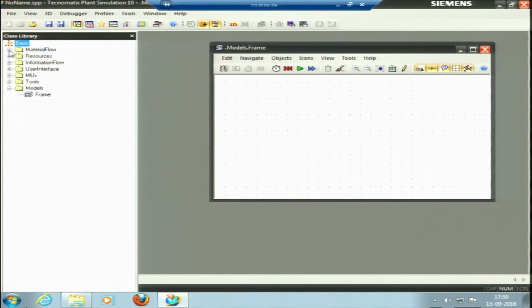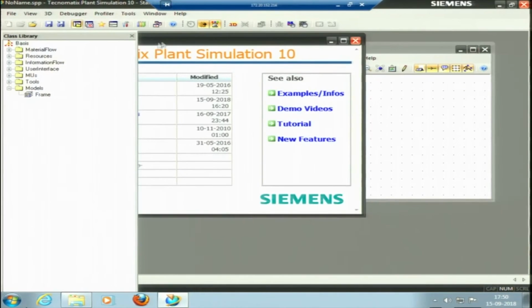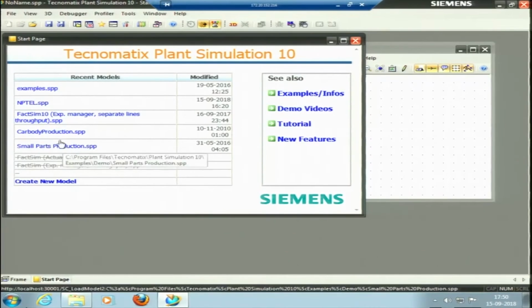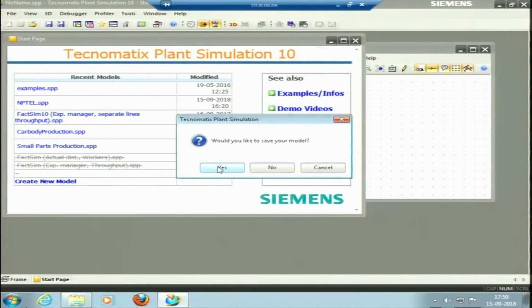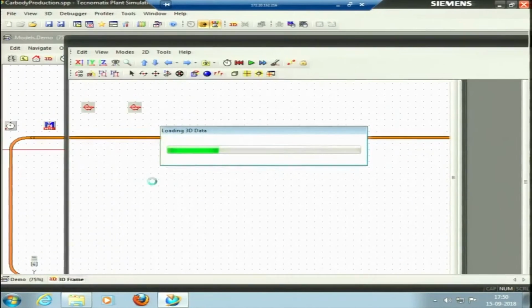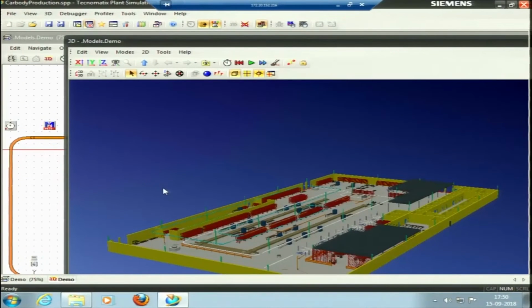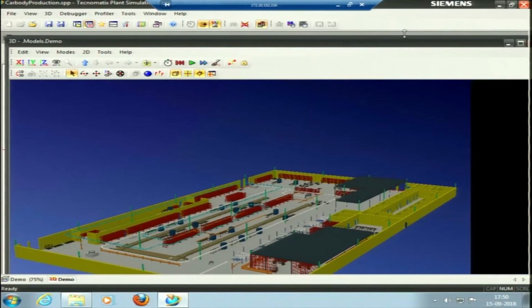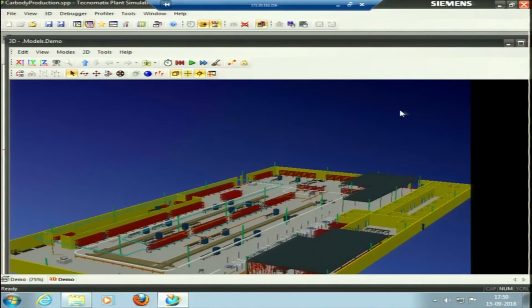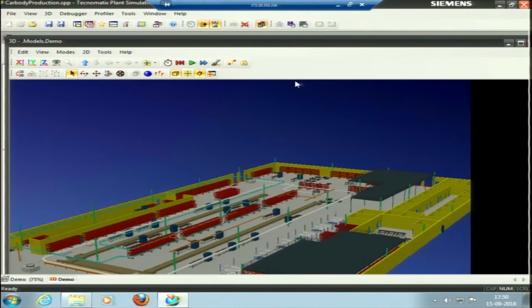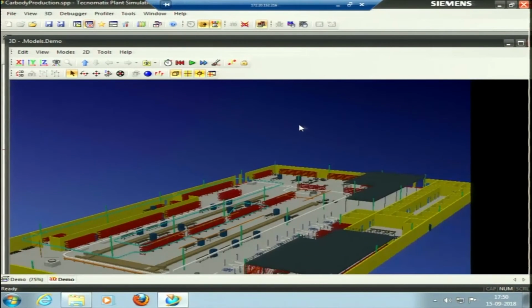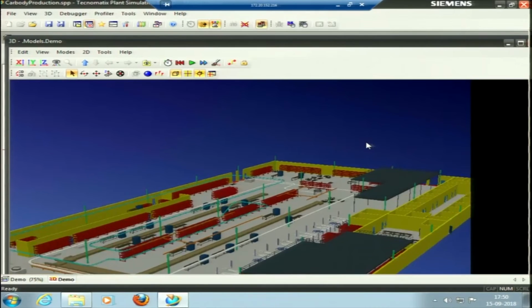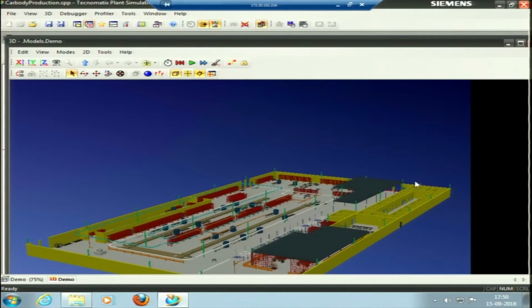Before actually starting the model, I will show you the potential of the software. I have one example here. This is car body manufacturing in 3-dimensional. In this example, a whole factory is built in the software.